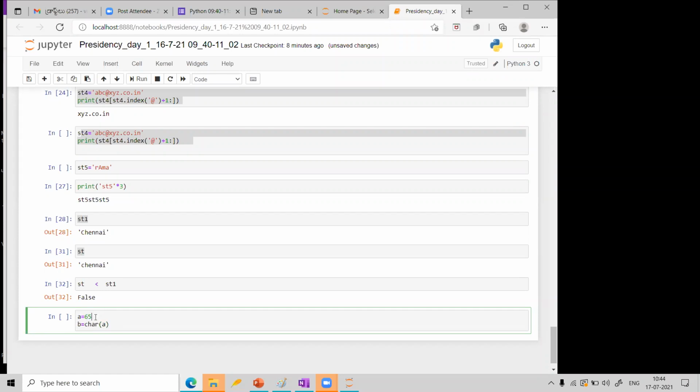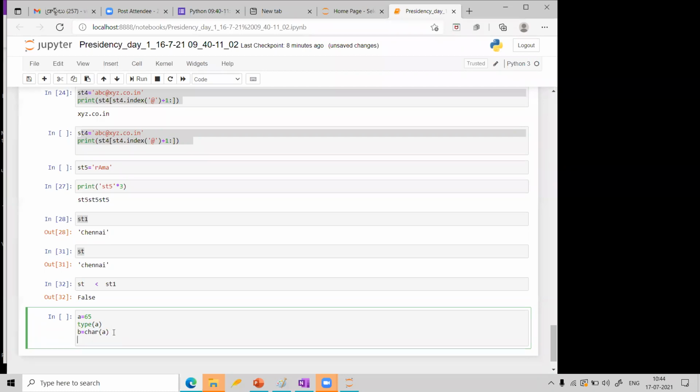What is A? Let us say type of A. A will be generally integer, but I am converting into character. So B is also 65, but B is character now. A is integer now.